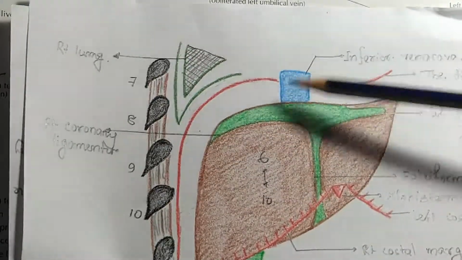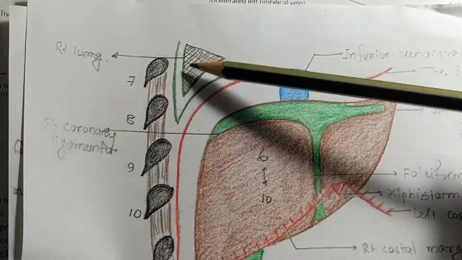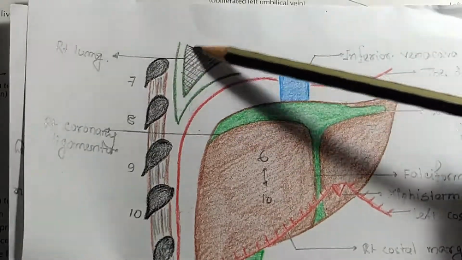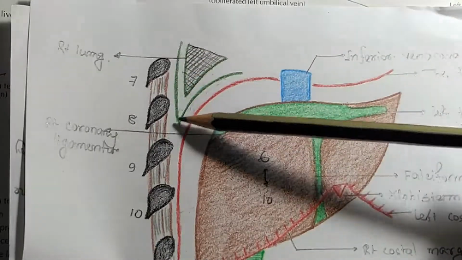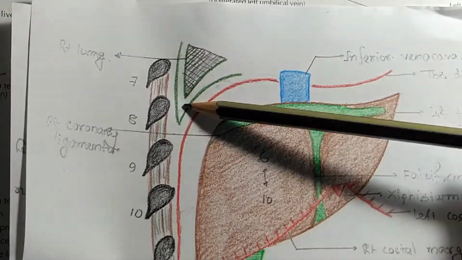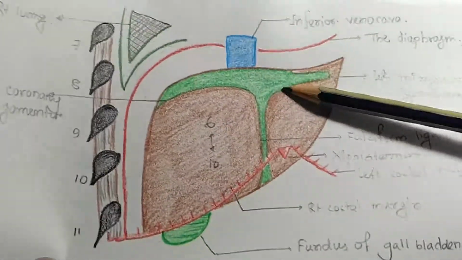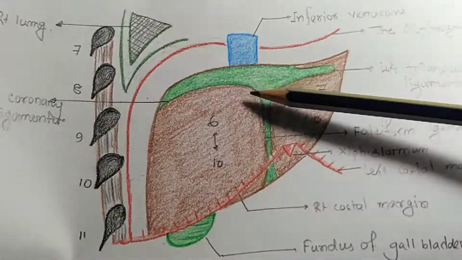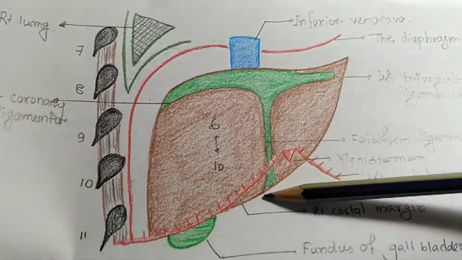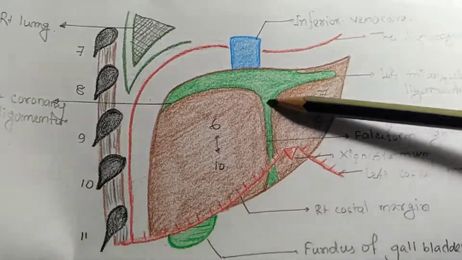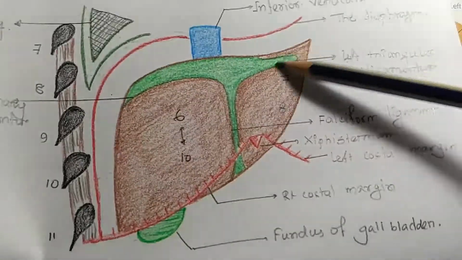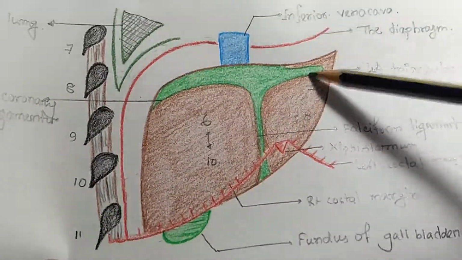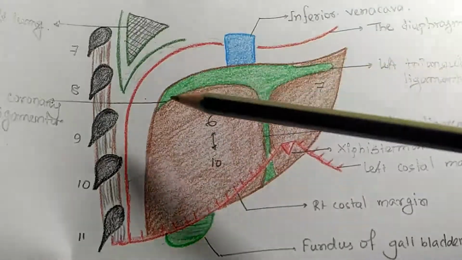This is the costodiaphragmatic recess of the pleura and the diaphragm. Okay, the right dome of the diaphragm. So this is the right dome of the diaphragm, this is the pleura, this is the lung, that means part of the right lung, and the costodiaphragmatic recess of pleura are present at the right lateral surface. Okay, and what is the greenish area? This is the falciform ligament, which comes inferiorly from the ligamentum teres and superiorly meets the triangular ligament. You can see here the left triangular ligament and the right triangular ligament on each corresponding side, present on the superior surface.